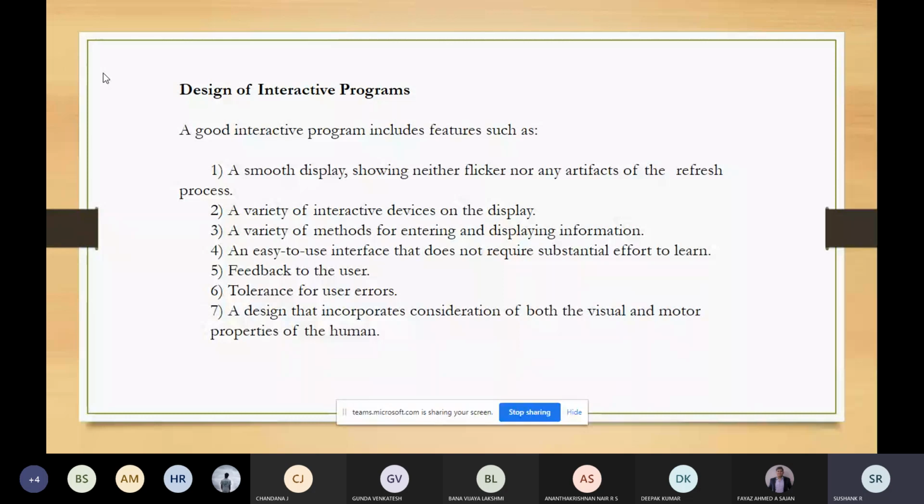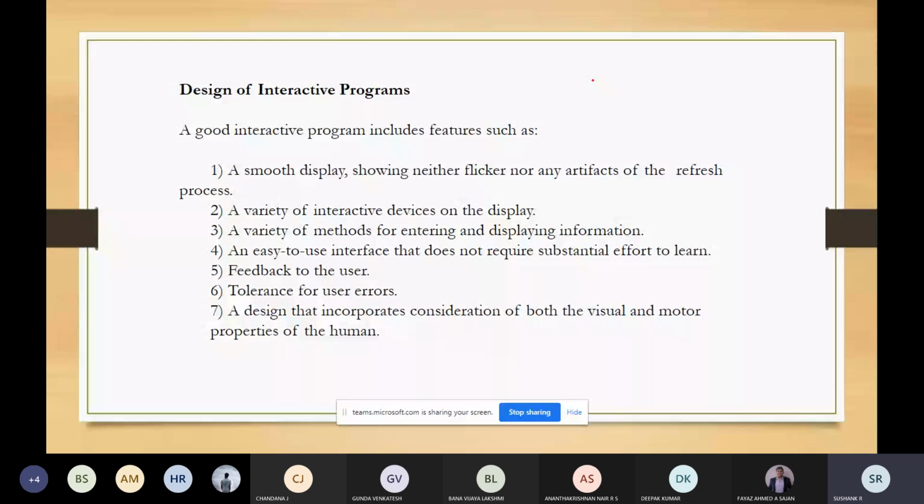If you consider an example of a CAD program, you can create a polygon, delete the polygon, select and move the polygon. These are some of the features you can find in an interactive program. So now I've written some 7 points.